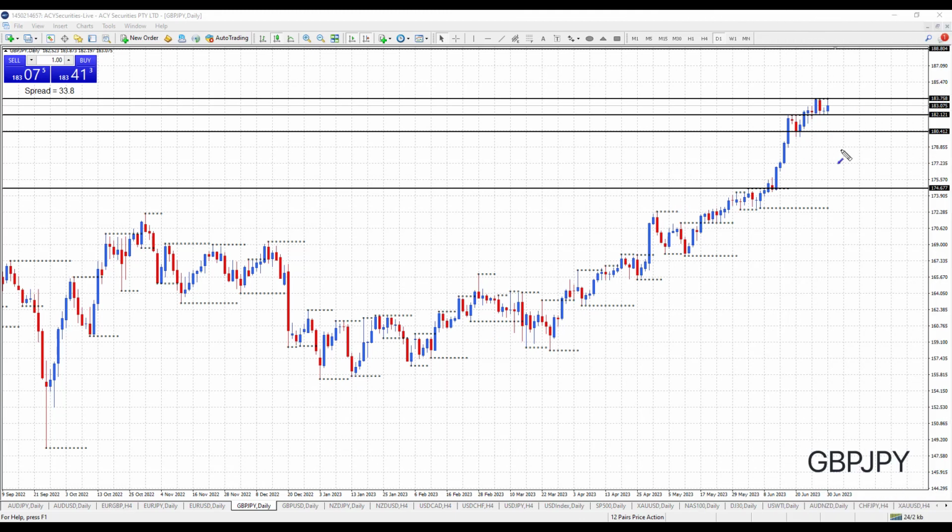Okay, moving on to pound yen. Very similar to the euro yen, it is still holding its trend, just slowing down a little bit, and it's moved above day resistance at 182.12 and formed a level of resistance at 183.75. So can we hold at 182.12